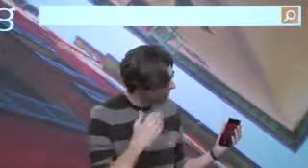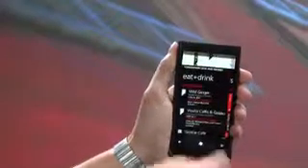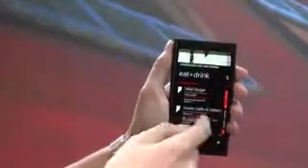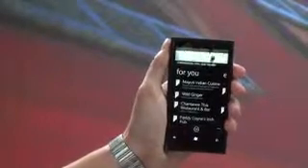So that's core search. So what else can we do here with the power of Bing inside this new platform? One of my favorite things is actually this thing we call Local Scout. We've had this since Windows Phone 7.5, but now it's gotten a lot better. Now what we actually do is look at your social connections. So who of your friends likes what or has expressed an interest in things around you. So I can see at Local Scout, eat and drink, that's still there. I can see all the places I want to eat, things I can see and do.